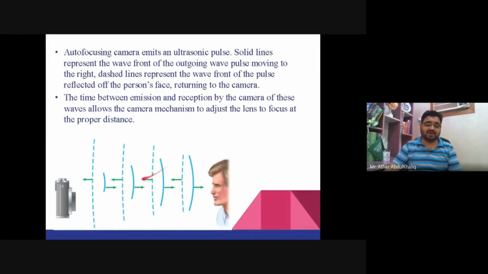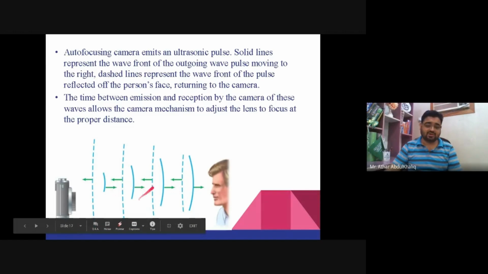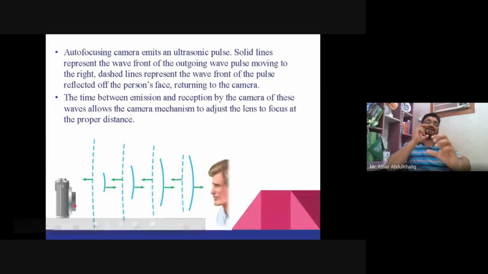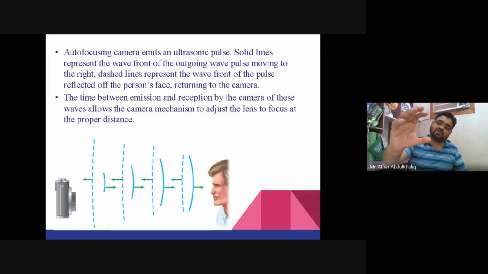These solid lines are the ultrasonic waves that go and hit the person whose picture is to be taken, and these dashed lines are the rebounding waves. So the time within which these waves go and get back, this lens of the camera adjusts itself to take the picture. As this ultrasound wave goes, hits the person and then gets back, it is the same process of